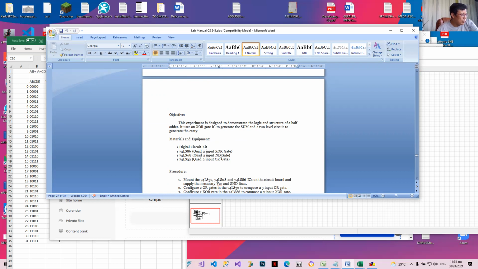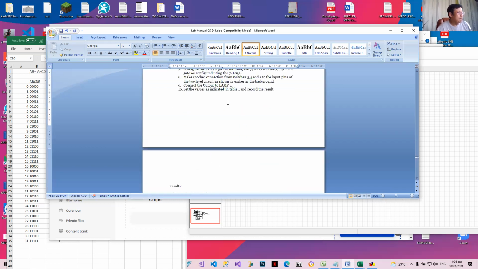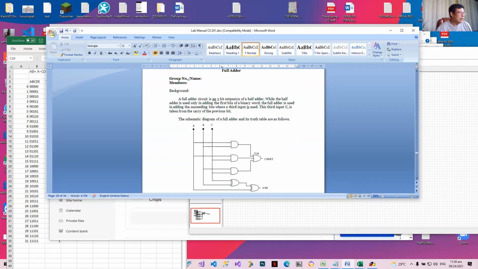08 is a quad AND gate. 32 is an OR gate. This is a NOT gate, the inverter. And then XOR gate and NOR gate. I'm not sure if it's AND or OR. You can just Google this, okay? It says so here. So this is experiment number 1. We skip